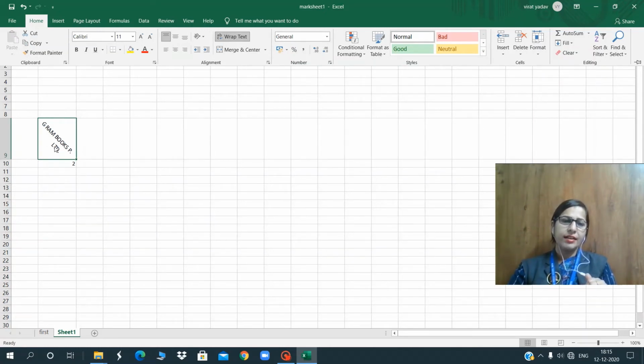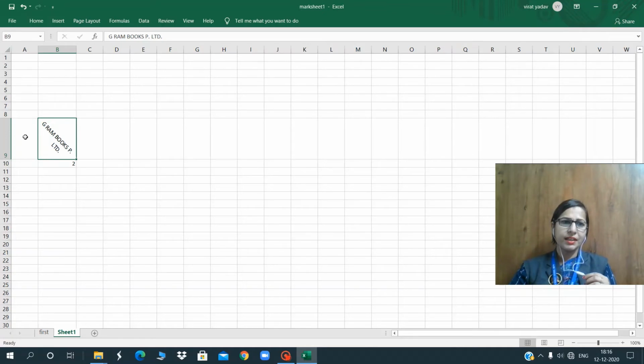See, that time G Ram Books Private Limited was written on the 10th row. Now it is on the 9th row, because I have deleted that one, so it has shifted. Now I want to delete this first column.